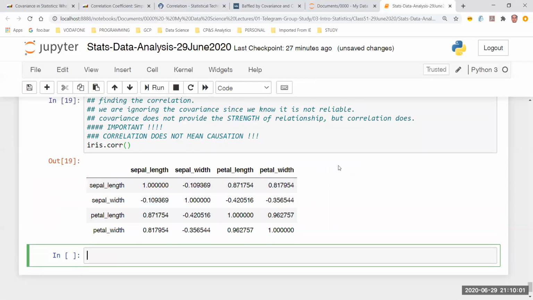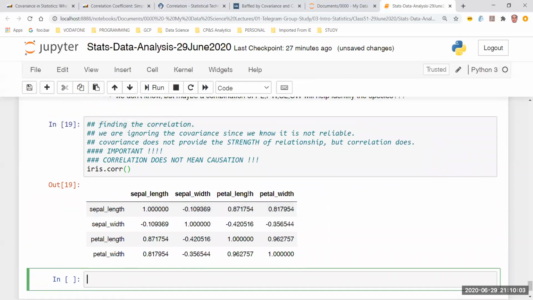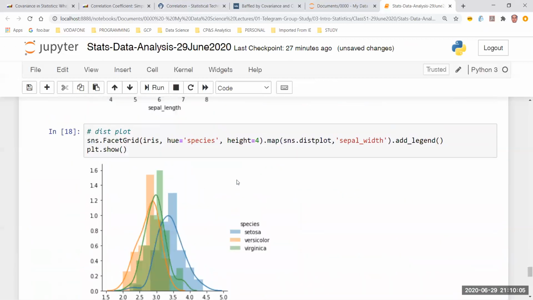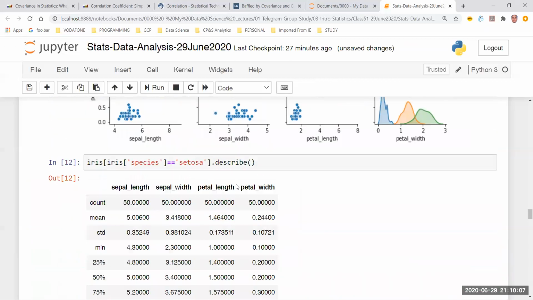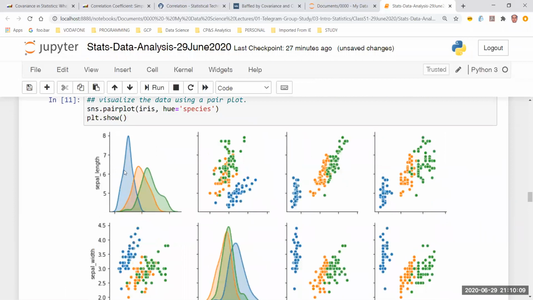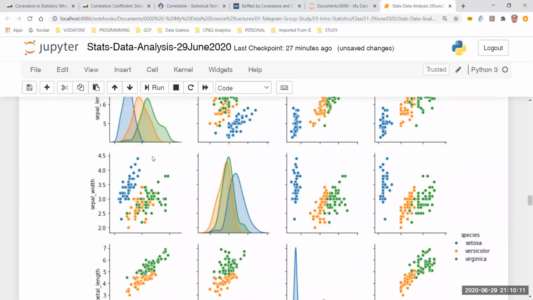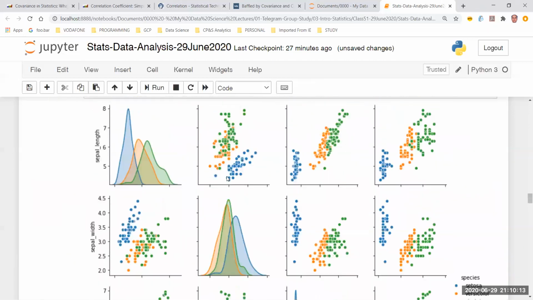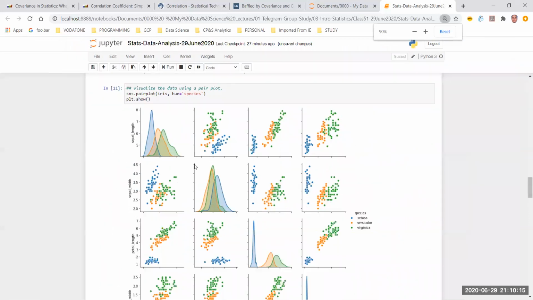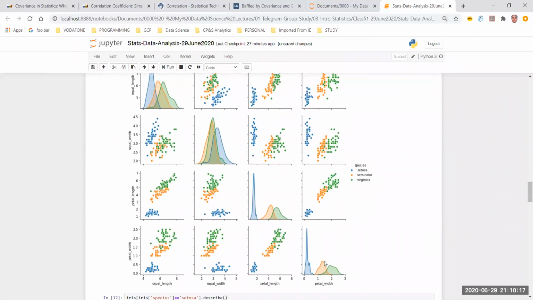This table is somewhat similar to this thing. Let me just scroll up. You saw this one, right? These are the pair plots. If you remember what we did during the pair plots, I'll just zoom out a little bit for a moment. The diagonal sections are the histograms, or the distributions, which are the cumulative of the scatter plots which you see below them, right?